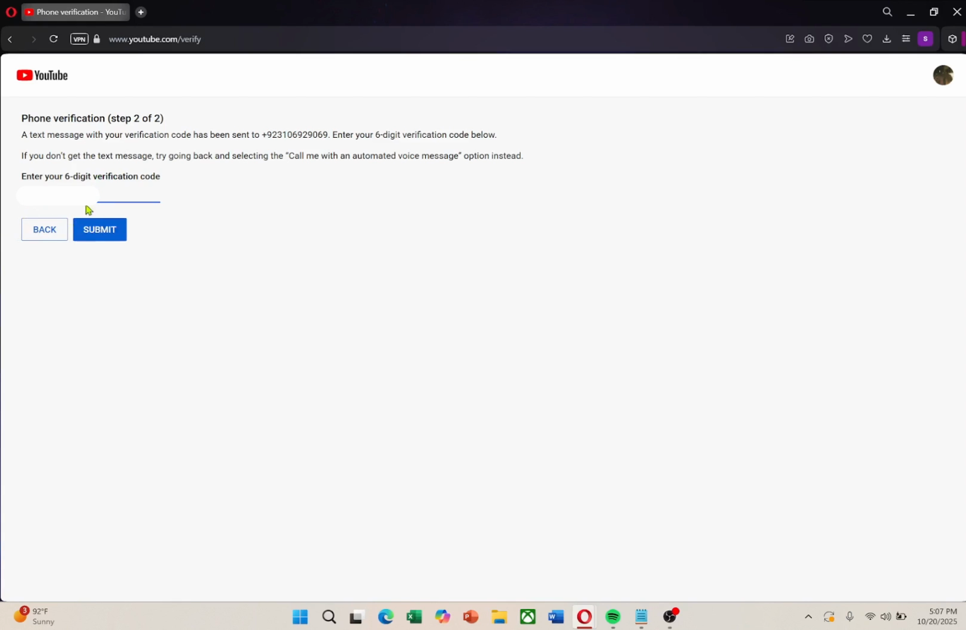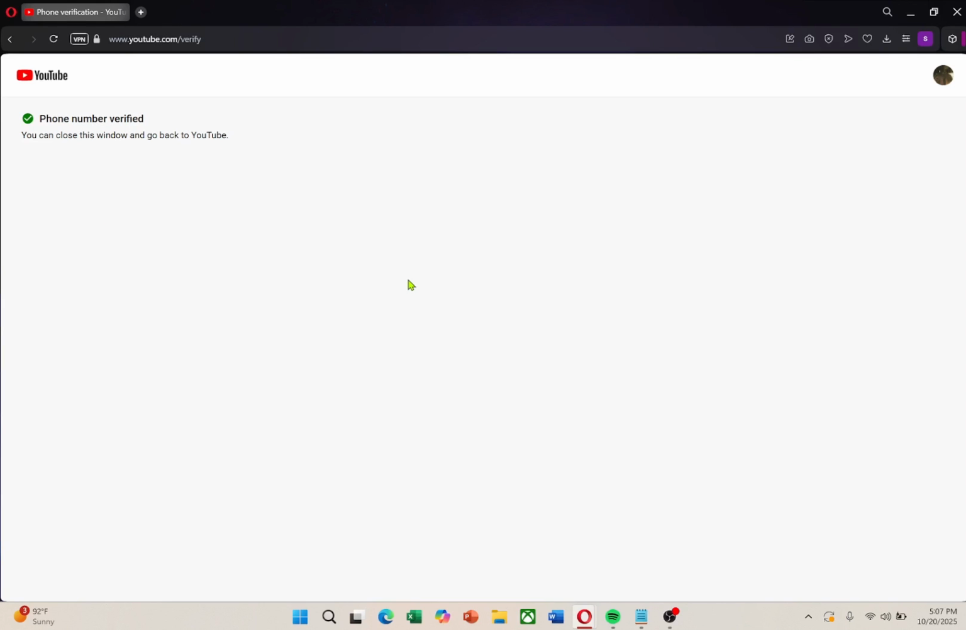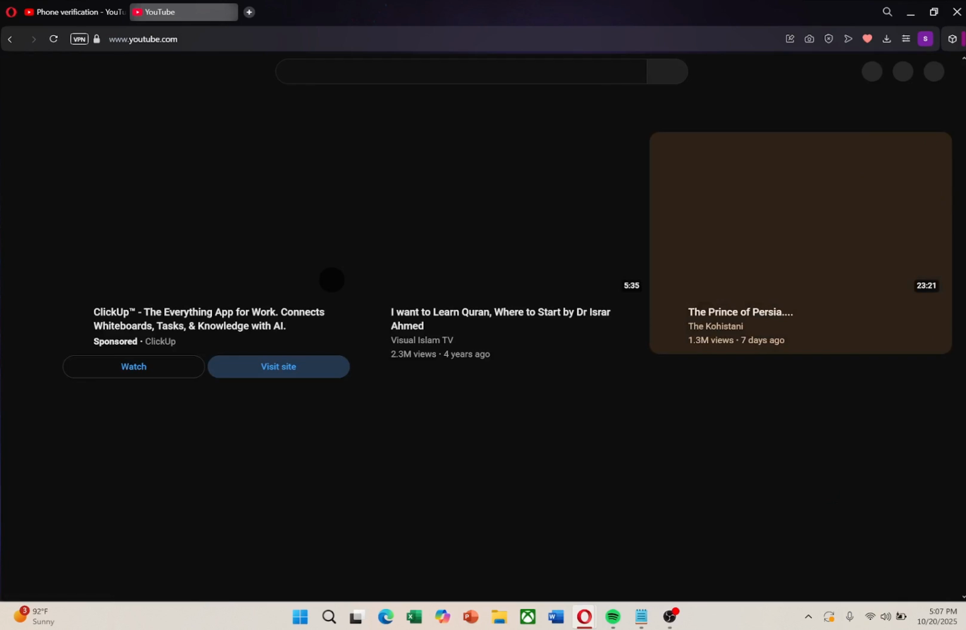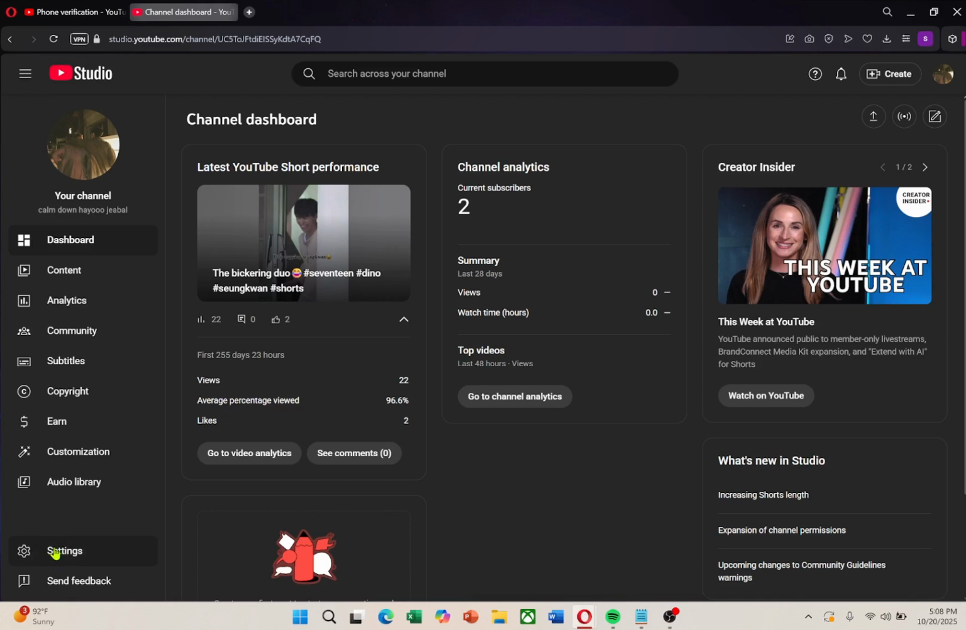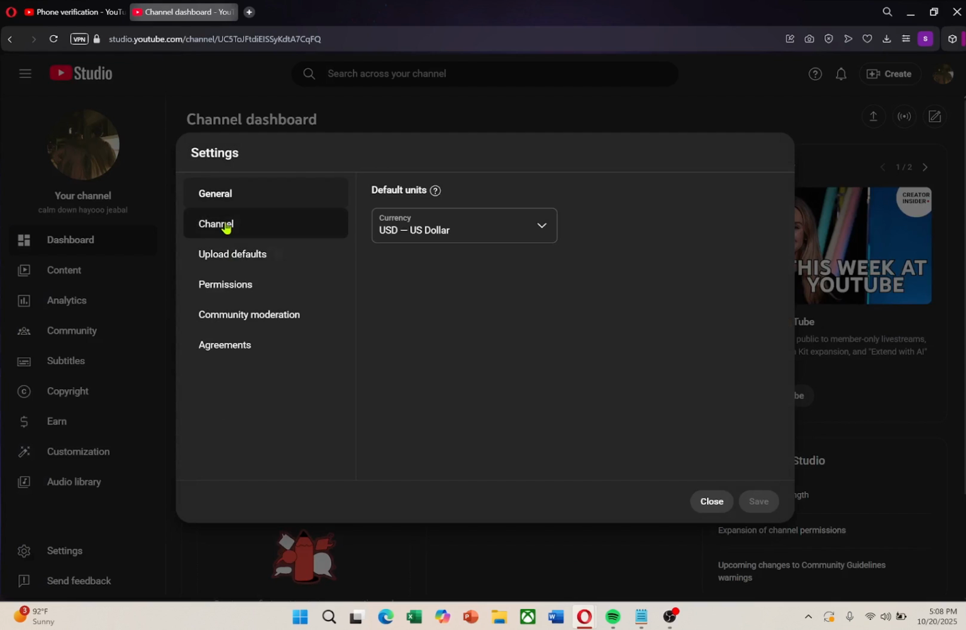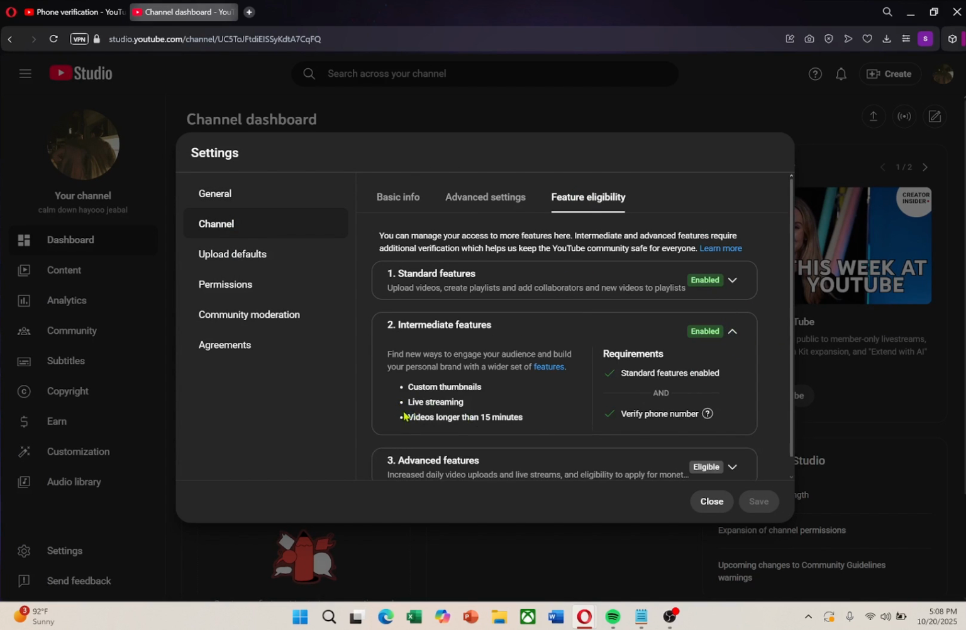If the code is correct, you'll see a message that says your YouTube account has been successfully verified. After verification, several advanced features will be unlocked on your channel. You'll now be able to upload custom thumbnails, post videos longer than 15 minutes, start live streams, and appeal Content